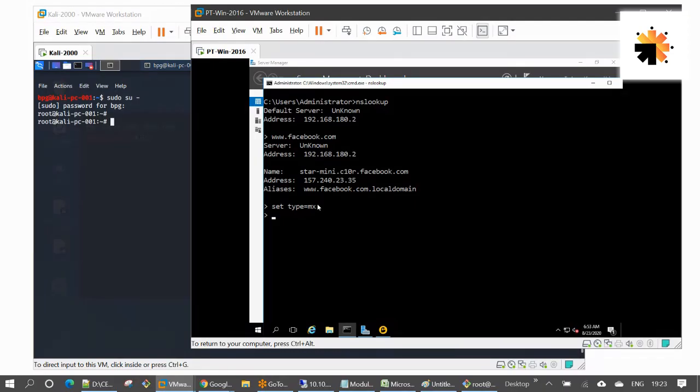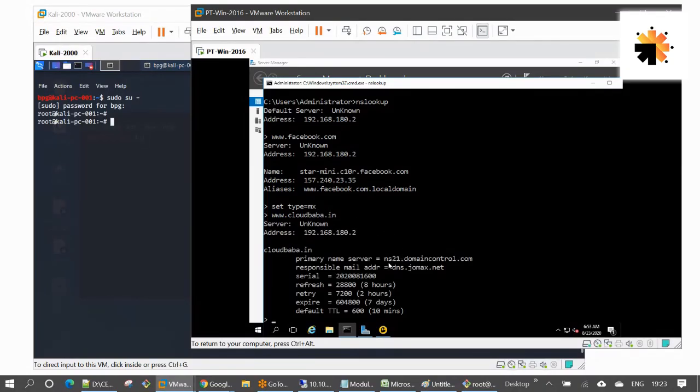MX is for mail server. That means I just want to know the mail server of whatever I am going to type after this one. Let us say www.cloudbaba.com. So it told me that the mail server of this particular domain is